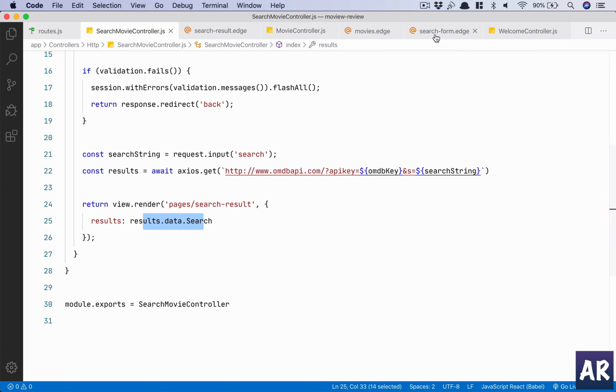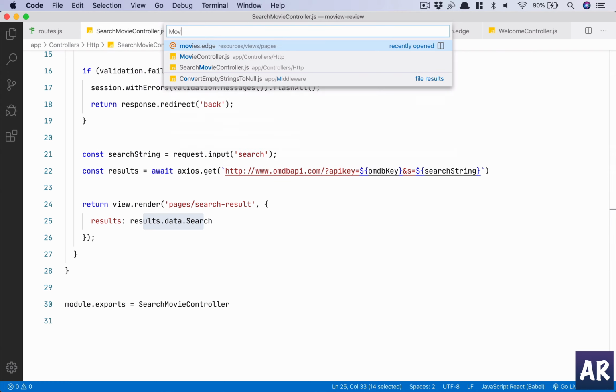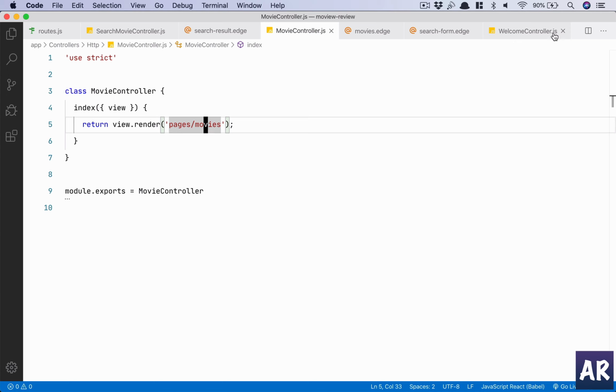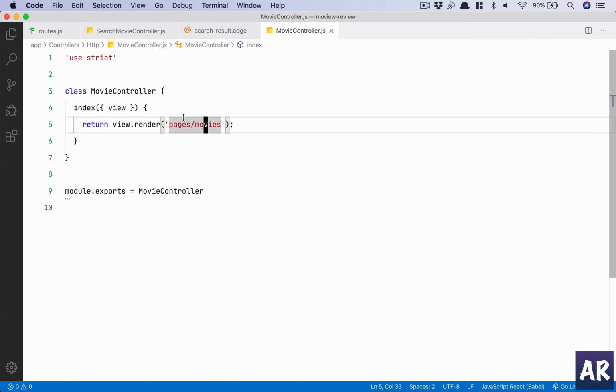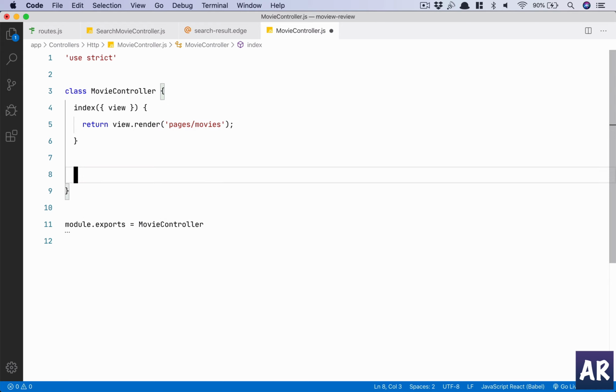So we'll go over to our movies controller. I don't need the welcome controller. Search form, I think it's fine. Movies, it's fine as well. Okay, now in here, what we will do first is we'll just show the data